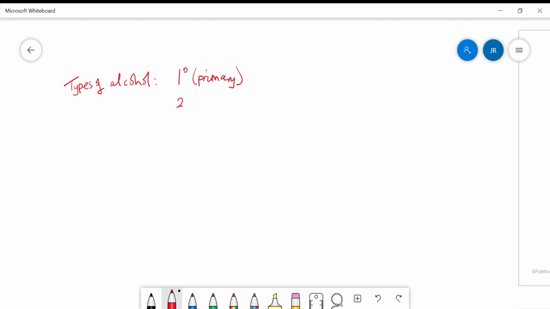There are second degree or secondary. And then there's tertiary, third degree or tertiary. Okay, so there's types of alcohol. If we look at primary alcohols,